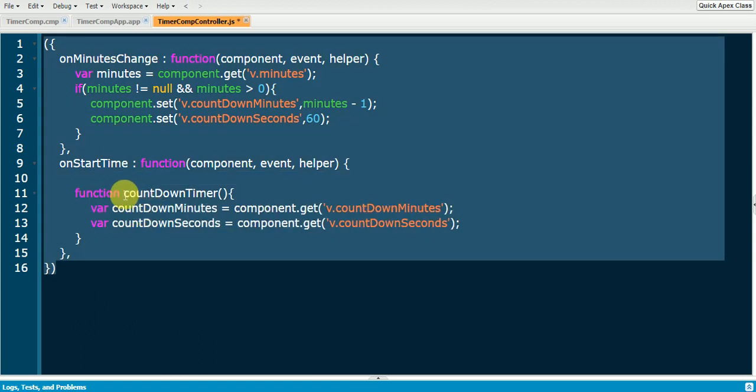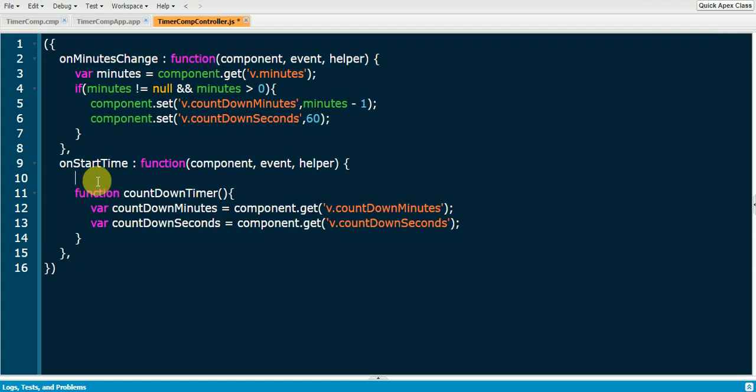Before calling this function, we have to get the minutes as well, which is entered by the user. So I'll take this variable here, component.get. So we are getting the user-entered minutes into this variable.